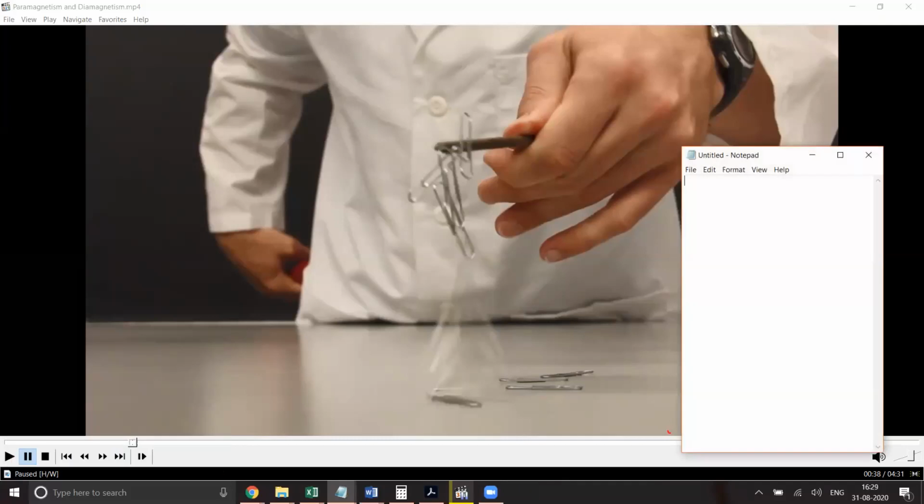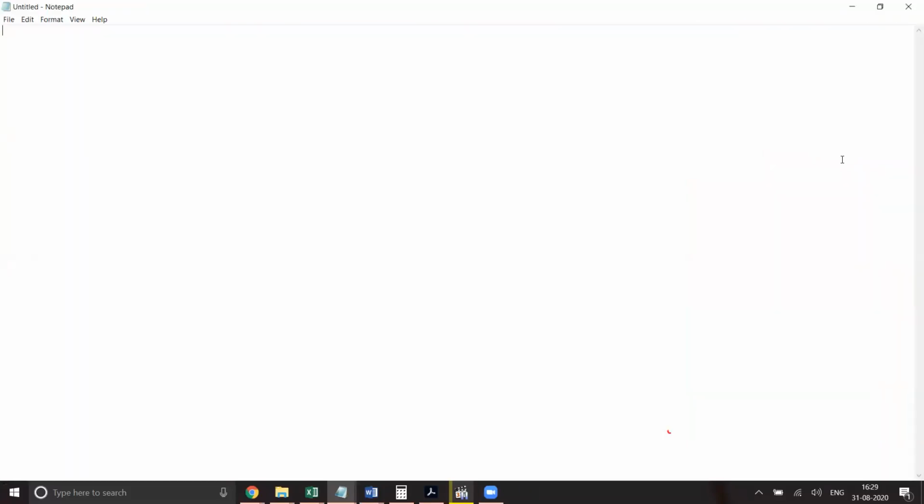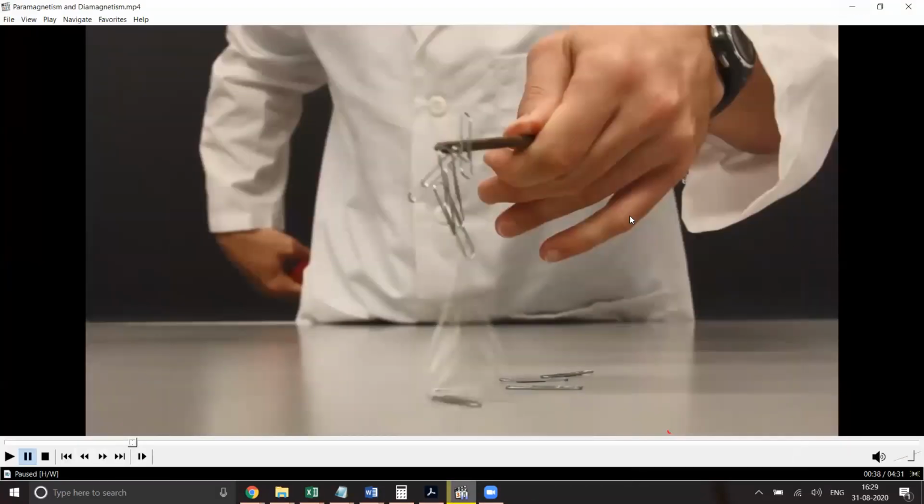So that's called magnetic retentivity. Have this in your mind. What does magnetic retentivity mean? The material retaining its magnetic property even in the absence of the external magnetic field. We'll see about this later. So what kind of a material is this? Is it a ferromagnetic or a paramagnetic substance?